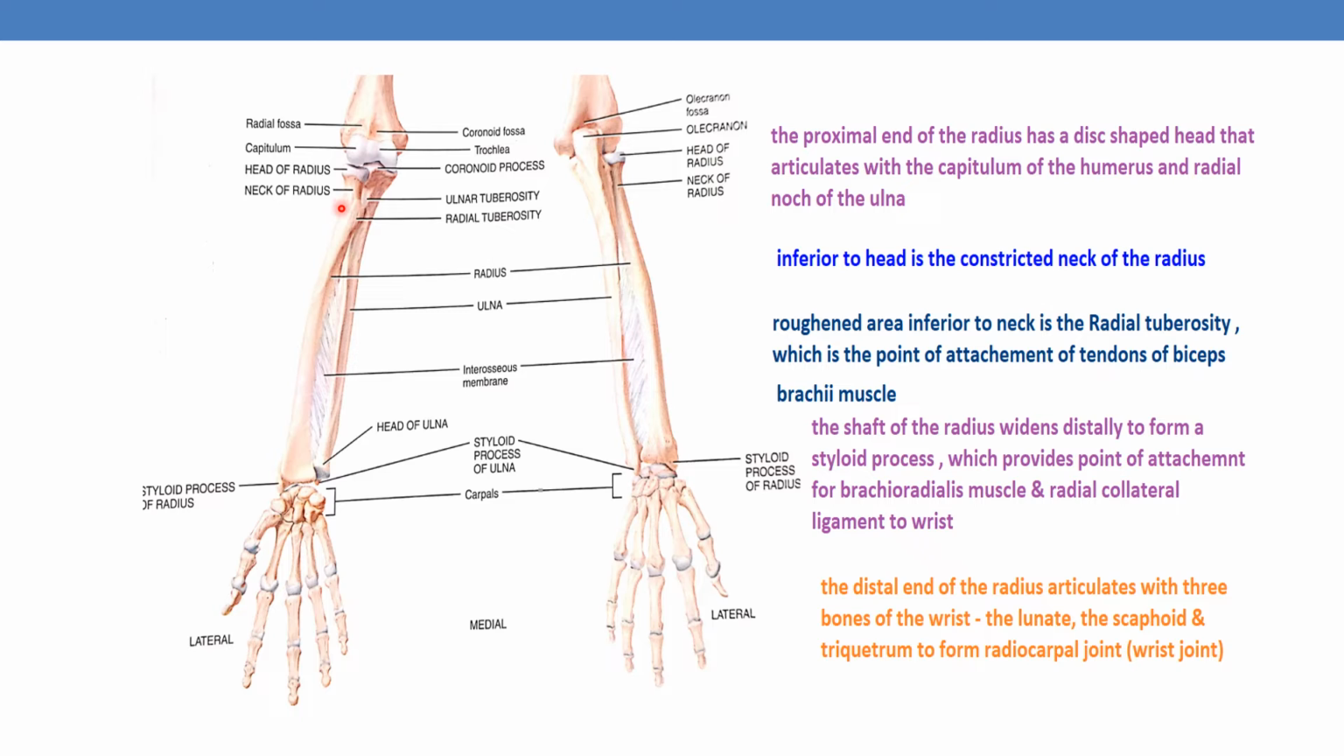Inferior to the head is the constricted neck. This is the neck of the radius here. Here you can see. Inferior to the head is the constricted neck of the radius. And the roughened area